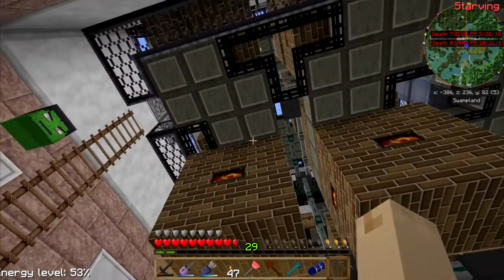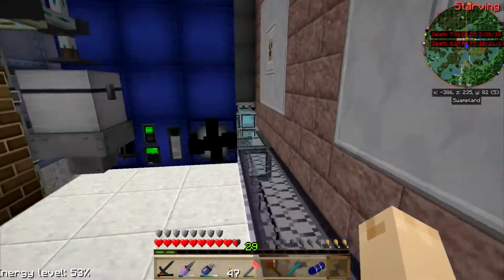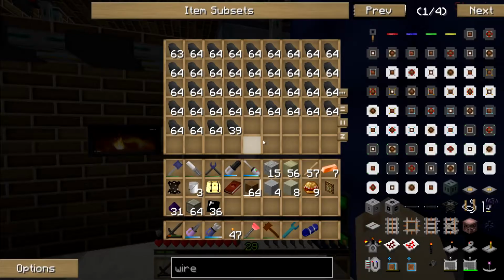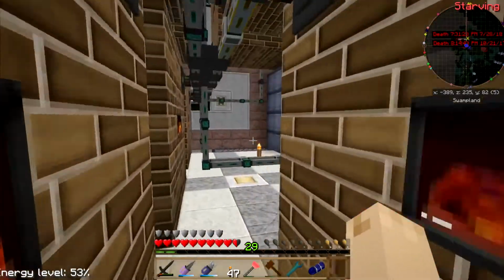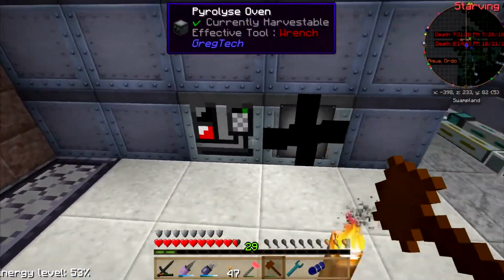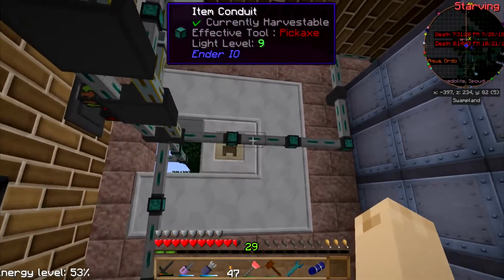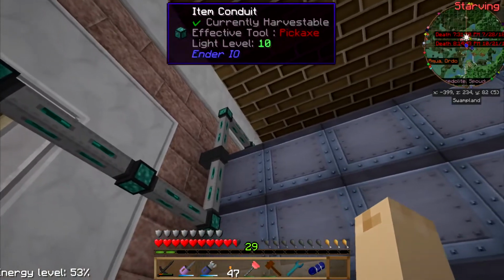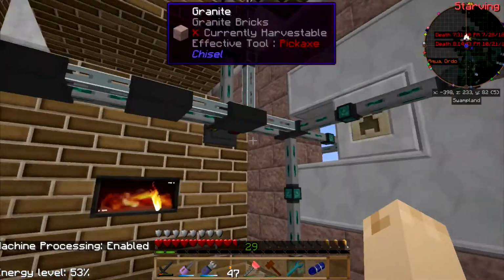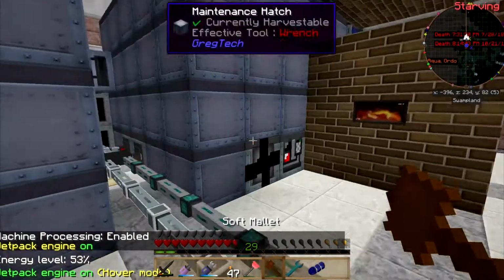I guess one of the things I could do to reduce piping would be to take out all of these coke brick ovens, but I don't know if I really want to do that. What I did notice, though, is this. I have these pipes right here running around,